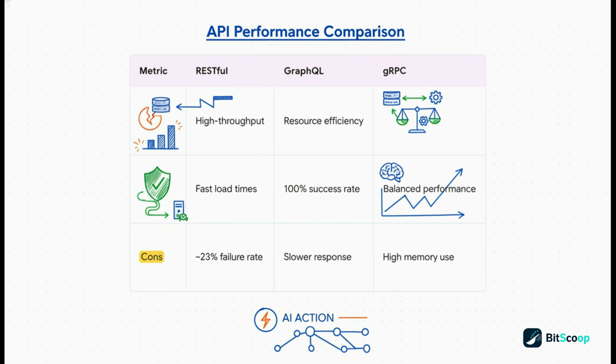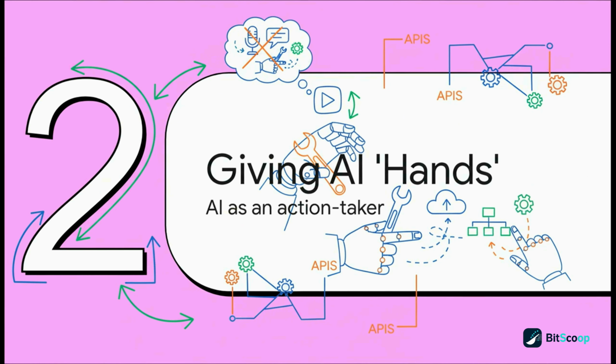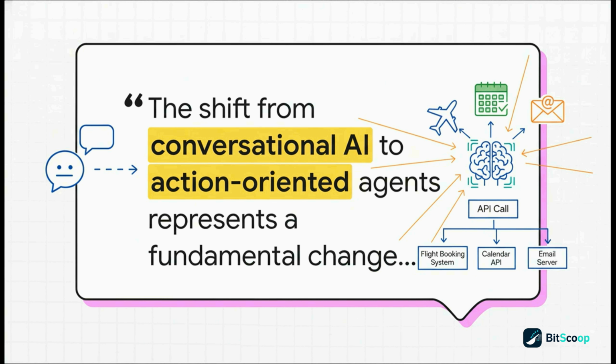That's just a fancy way of saying a bunch of small, specialized services that need to talk to each other constantly and incredibly quickly. So, you might be thinking, okay, waiters, menus, cool, but why should I care right now? Well, here's why. This is all directly connected to the next giant leap for AI. We are moving from AI that can have a conversation with you to AI that can actually take action for you. And this quote really nails it.